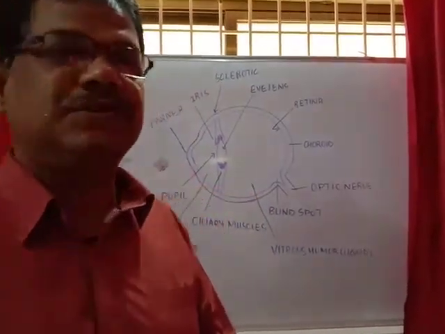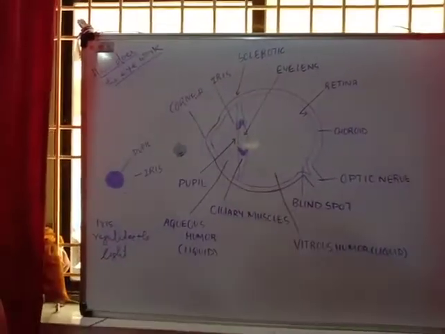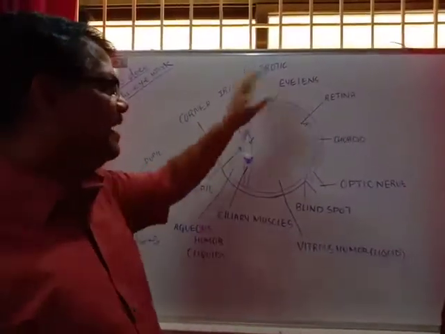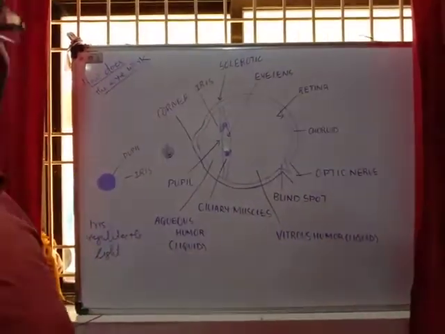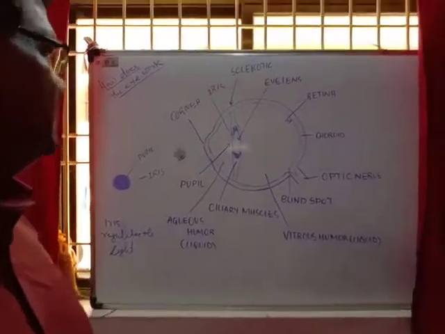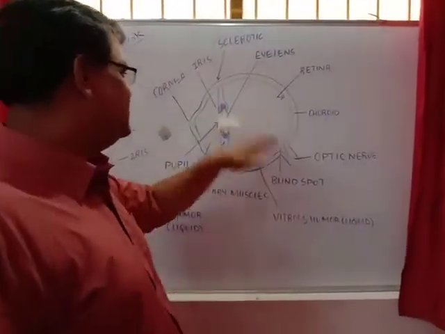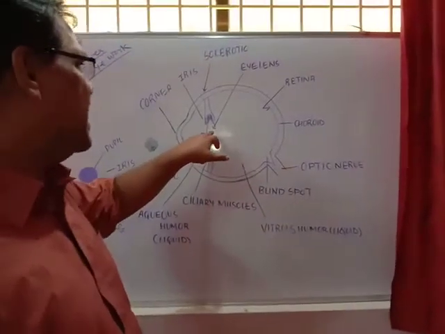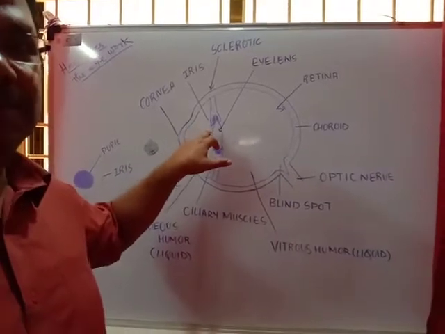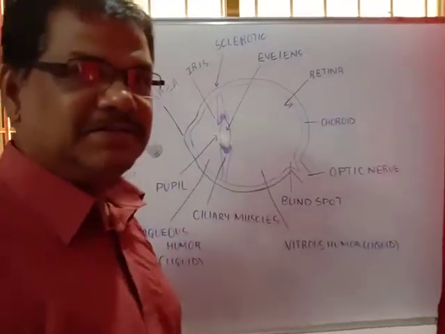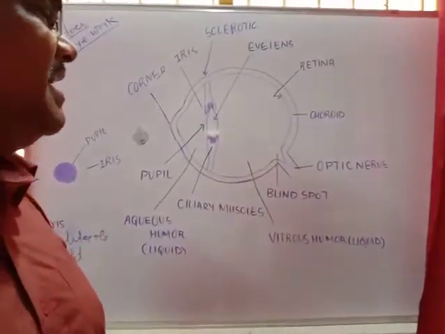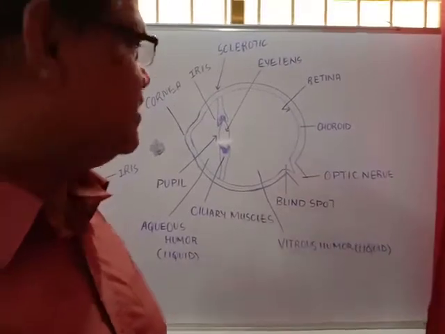Today we have to discuss how the eye works. Students, you must be thinking, what is the role of physics here in the eye? The eye lens, which is the crystalline lens, plays the vital role in seeing any object. The crystalline lens produces the image, and that image you can see by your eye.